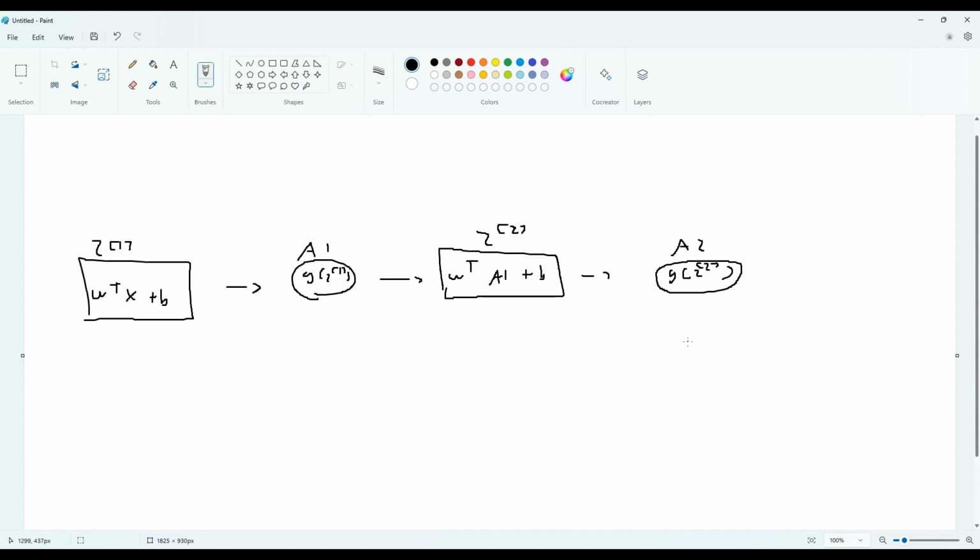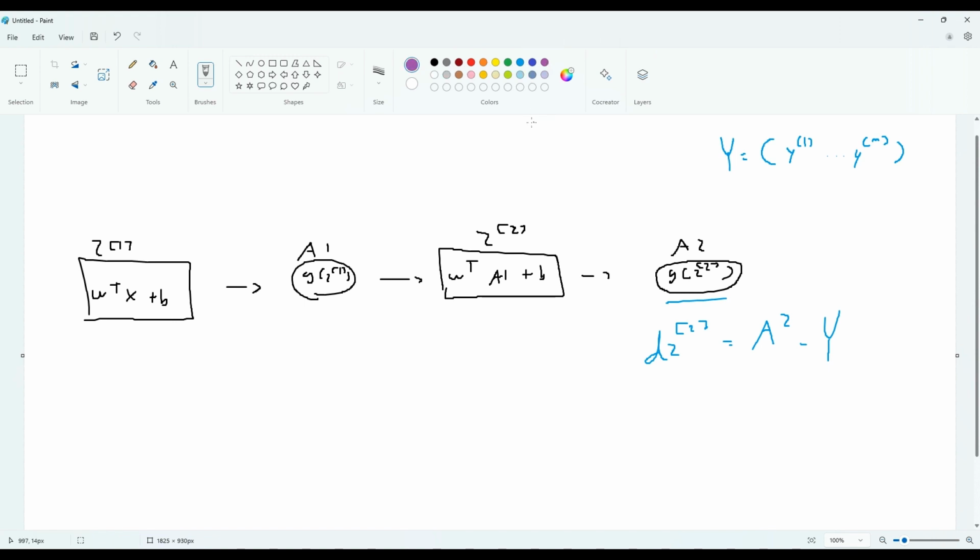Now to go backwards, obviously we want to start all the way in the back, so the derivative of, I'm going to do this in a different color, the derivative of z2 is going to equal a2 minus y, and I'm going to do capital Y, and capital Y is just all of our y's, y1 to ym,